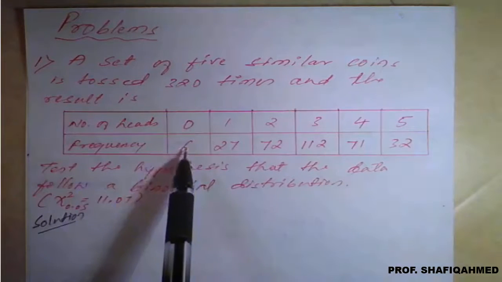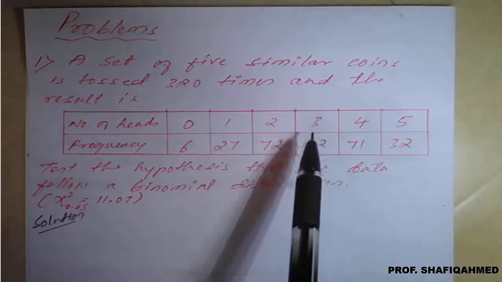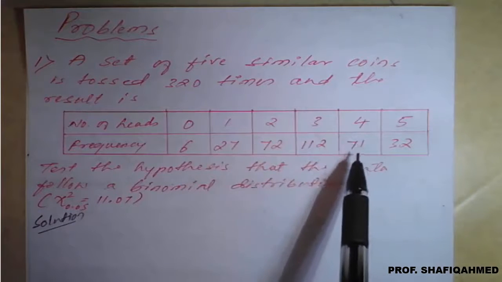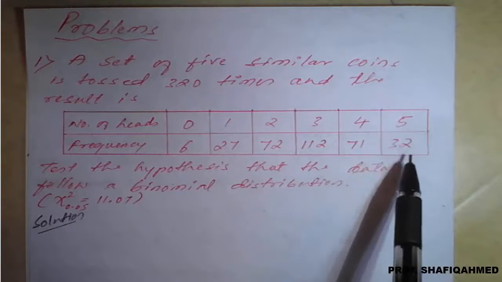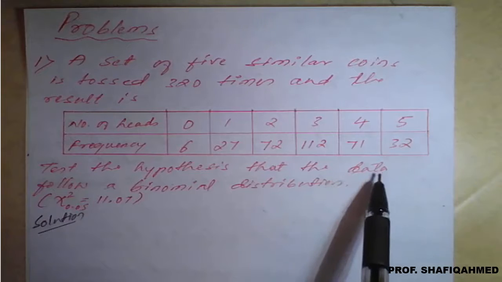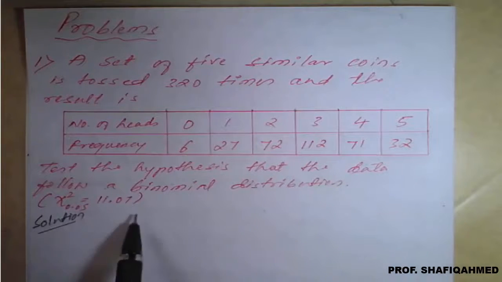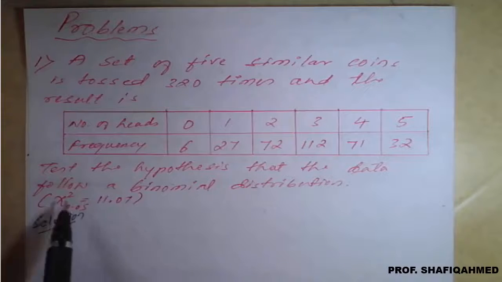They have given 0 heads 6 times, 1 head 27 times, 2 heads 72 times, 3 heads 112 times, 4 heads 71 times, 5 heads 32 times. So test the hypothesis that the data follows a binomial distribution, and they have given the chi-square